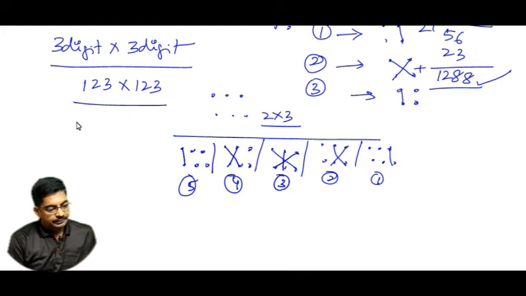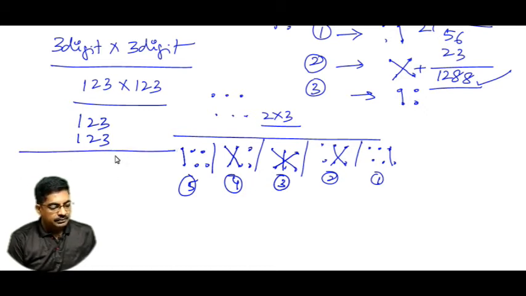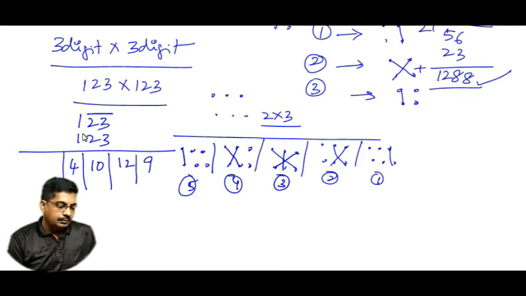So now shall we perform the same? I am writing 1 2 3 1 2 3 just for the sake of easy understanding. So the first digit will come 3 into 3 9, only one digit came. Now crosswise, second digit will come by multiplying these, 2 3 is 6, 2 3 is 6, so 12 will come. Now the third digit will come 3 1 is 3, 3 1 is 3, 6 plus 4 10. Then now here multiplying 1 into 2, 1 into 2, 4 will come, plus 1 into 1, 1. So the answer is 9.